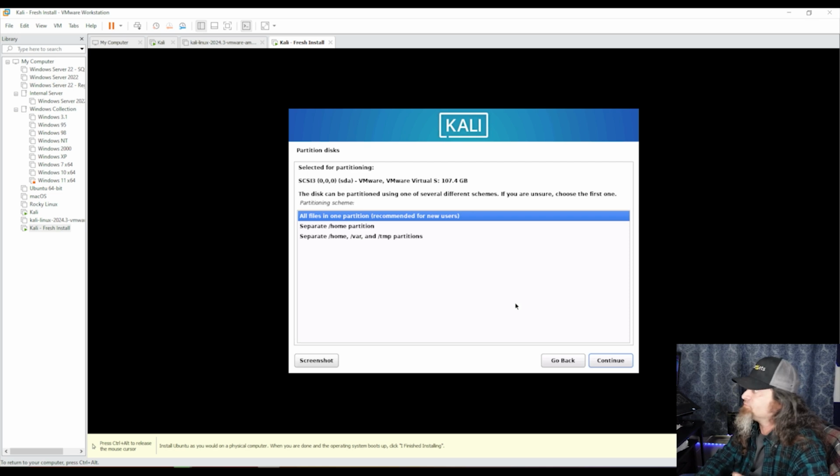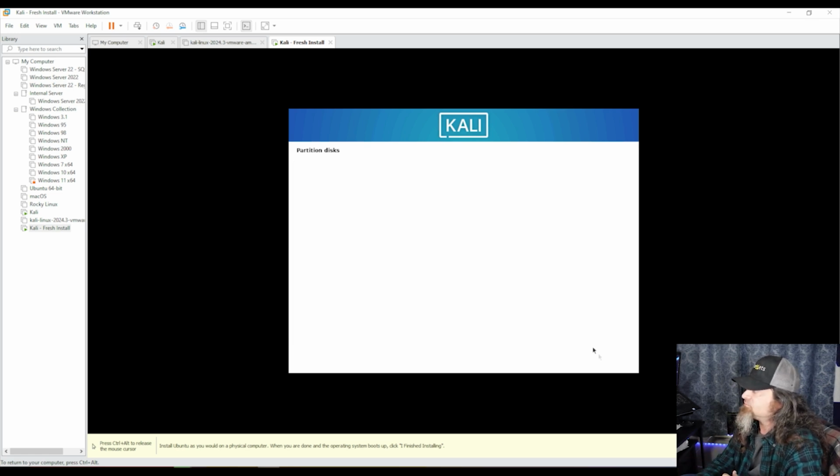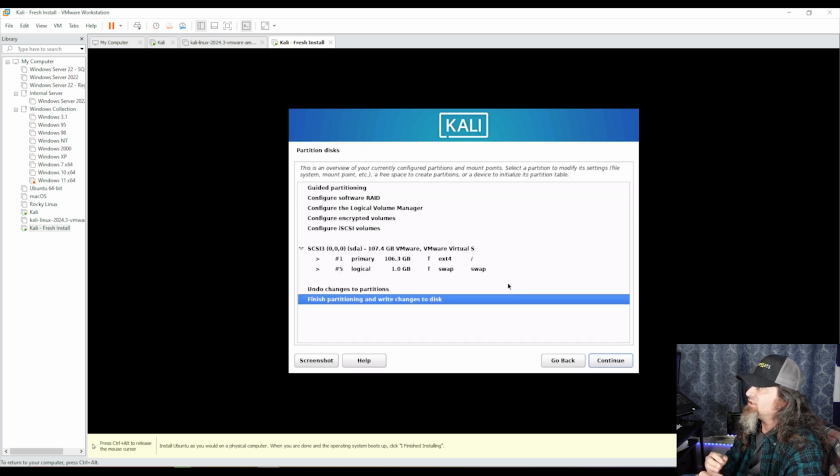one partition. Now, we're going to keep all the files in one partition instead of separating into, let's say, an operating system and a data partition like we usually do inside of Windows for our installations. This would be the same as if we kept everything on the C drive in Windows. That's what we're going to go with. It's going to go ahead and go to next, and then we're going to verify everything that we've done for